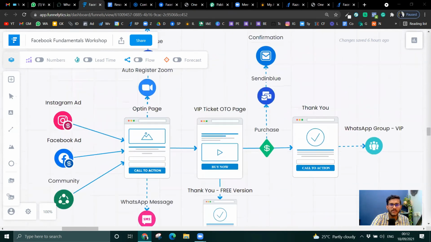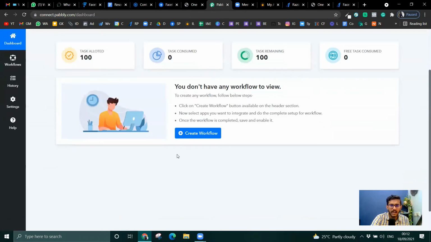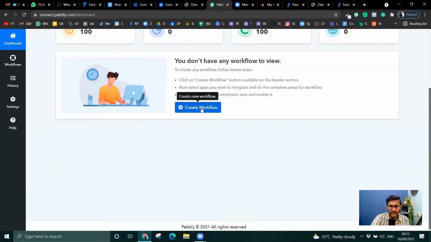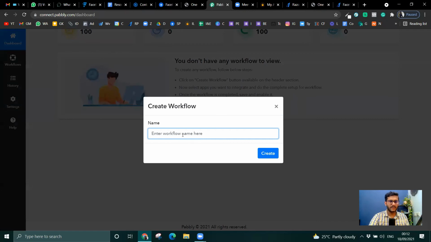For this activity to happen, you guys need something called Pabbly Connect. So I just go to Pabbly Connect, set up the workflow and everything. I'll say workflow is WhatsApp message.